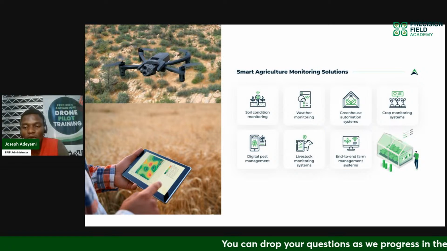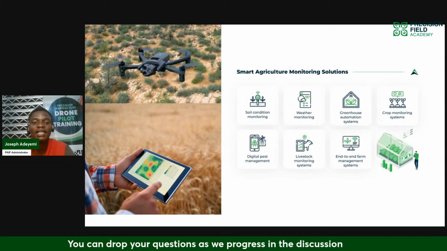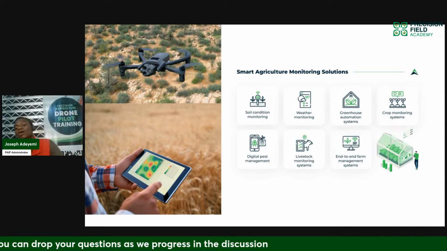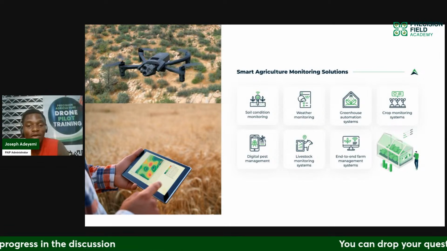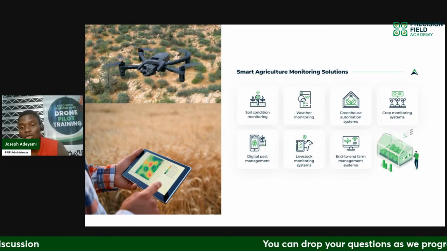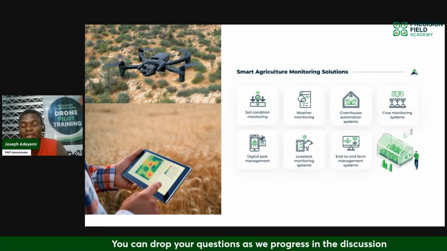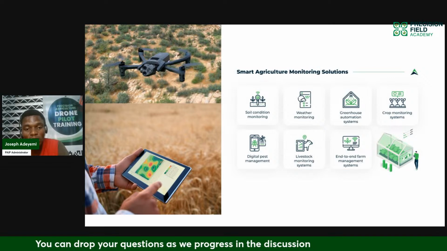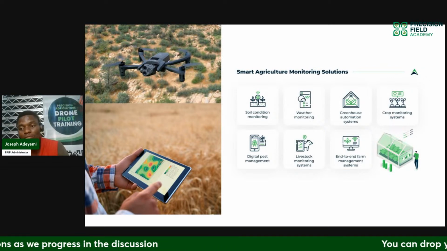Also in livestock monitoring systems, like if you have a cattle farm, for livestock farmers and livestock wildlife conservation, drones could also be used, like a thermal drone particularly, to detect the temperature of the cattle.